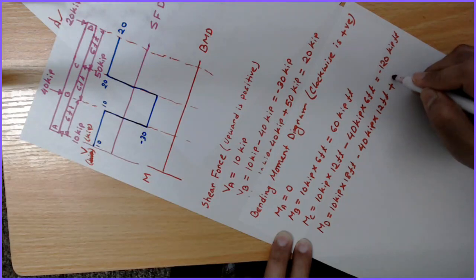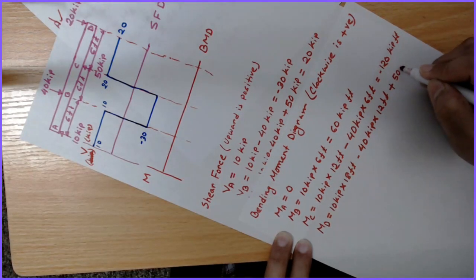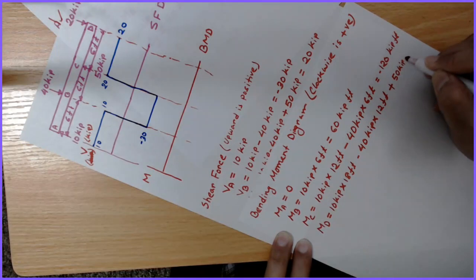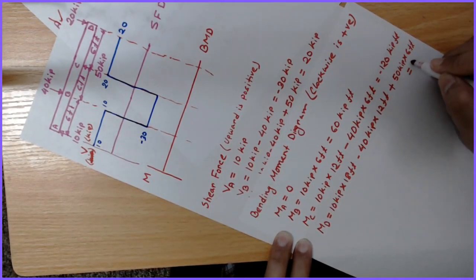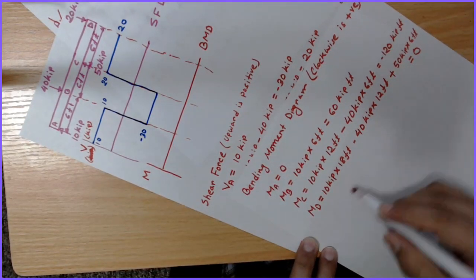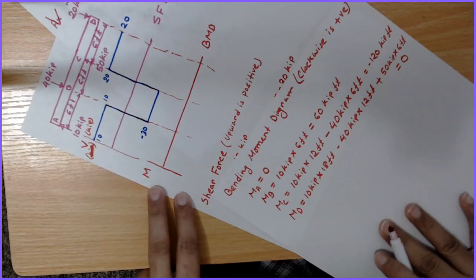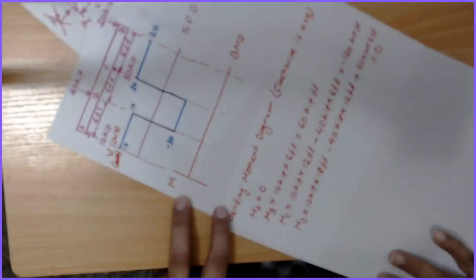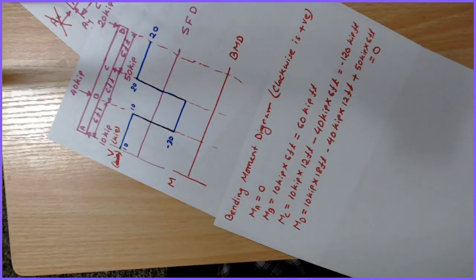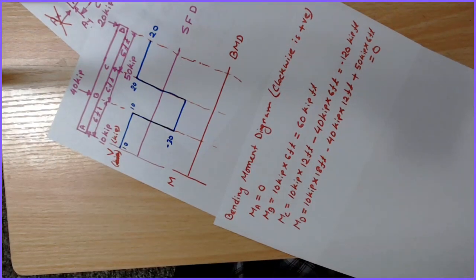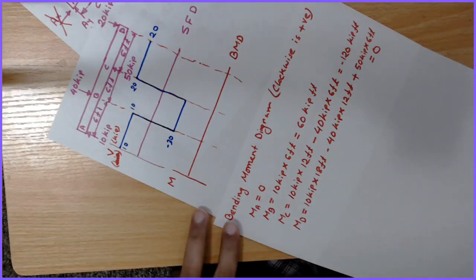So 50 kip multiplied by 6 feet, which is 0. So this MD is actually 0. Now if I take these values, and if I draw my moment diagram,